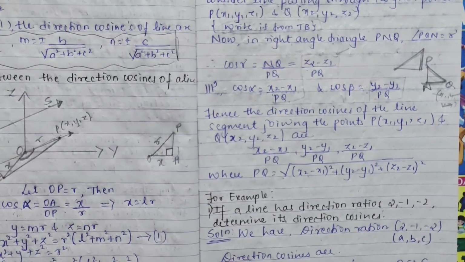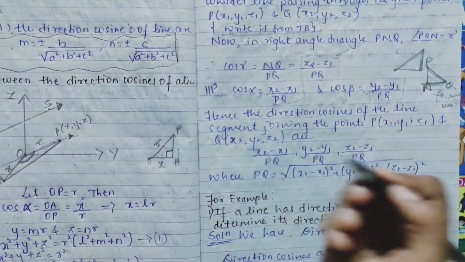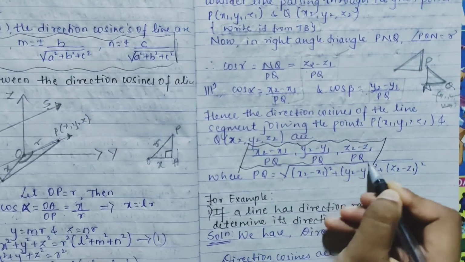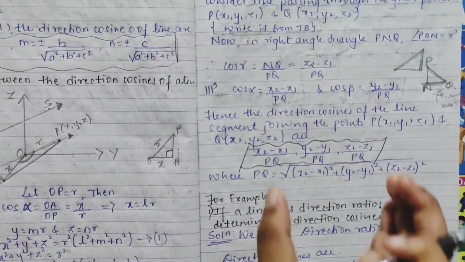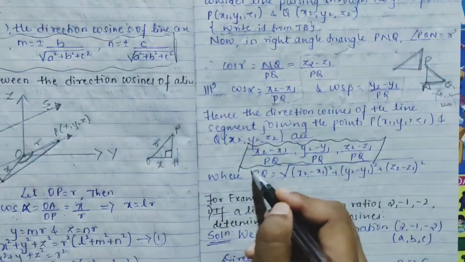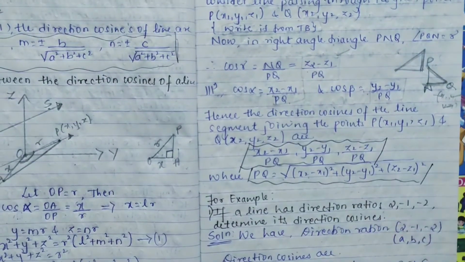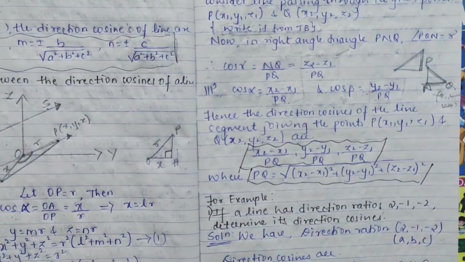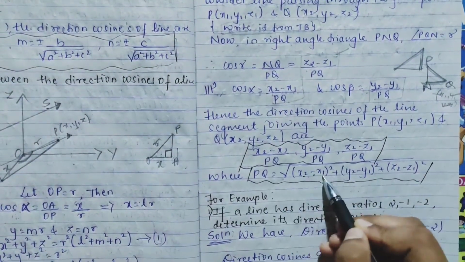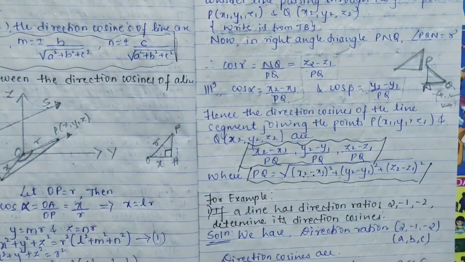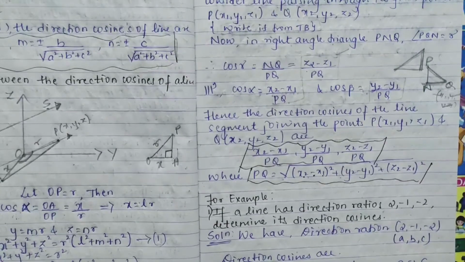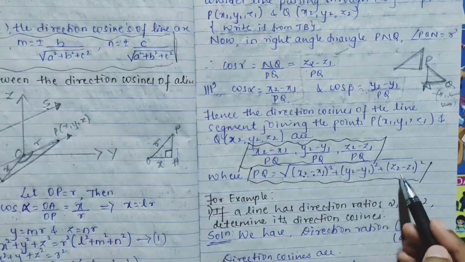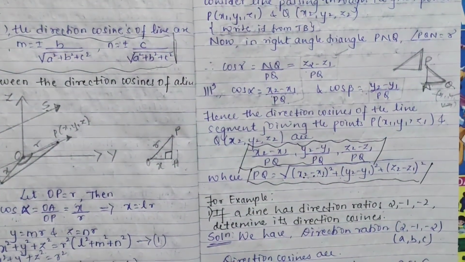Even this you have to remember. Just remember the thing, don't go into detail. There's no need for you to go into detail. You're just concerned with remembering these formulas. That's it. As you had r square is root of a square plus b square plus c square, the same way your PQ will be root of (x2 minus x1) square plus (y2 minus y1) square plus (z2 minus z1) square. So the direction ratios of a line segment here will be what? Only x2 minus x1, y2 minus y1, z2 minus z1. That you can take as a note.